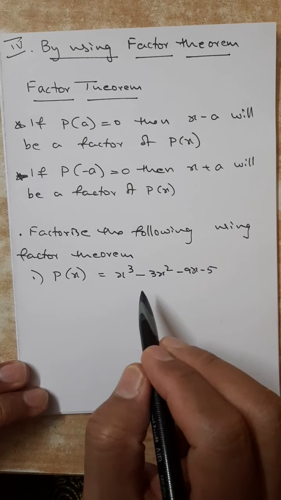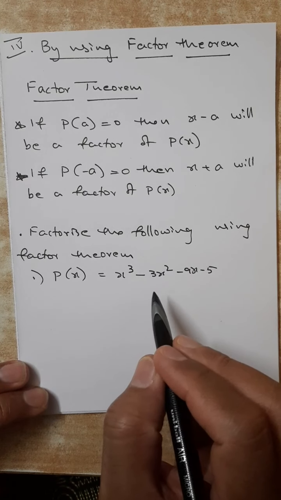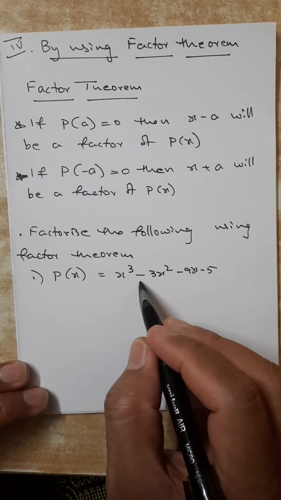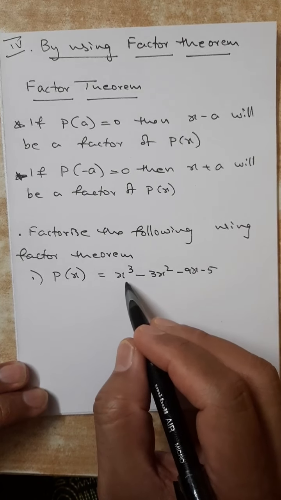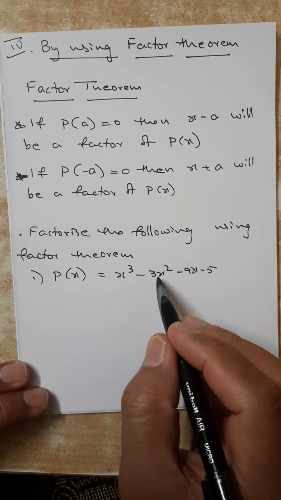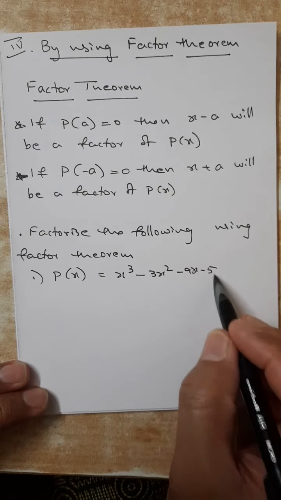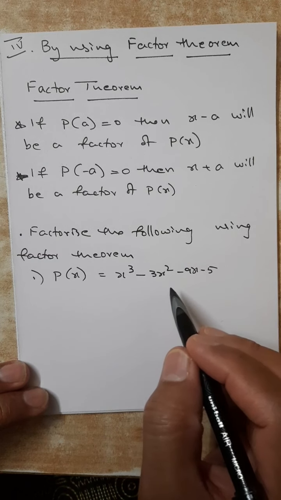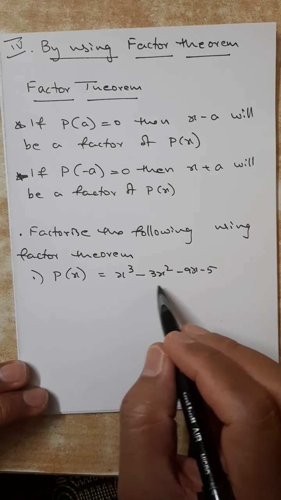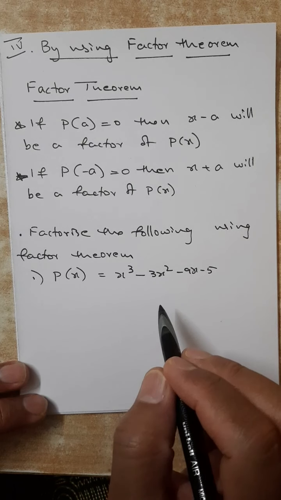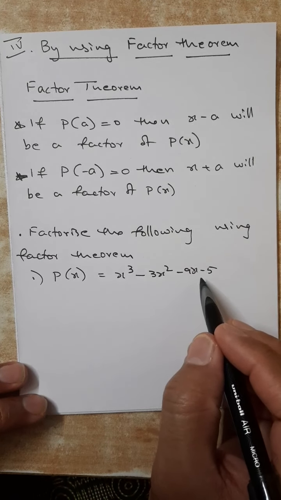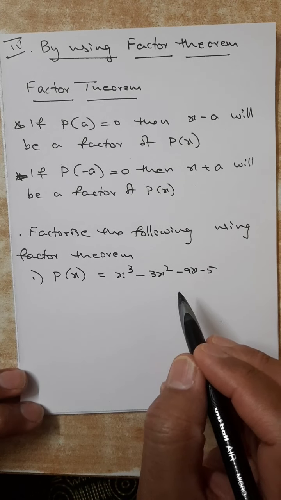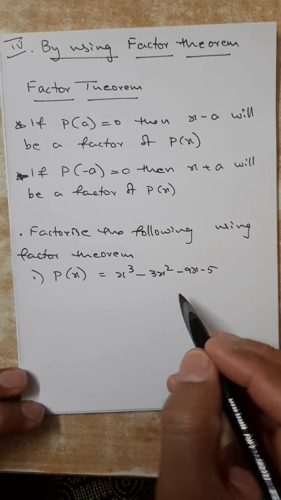If the question is to factorize, what will we do? First we think about a common factor; nothing is common. Then common in groups: x square is common in the first two terms, giving x minus 3, but the balance 9x minus 5 has no connection, so grouping will not work. Third is identity; there is no identity in this style. Splitting the middle term also will not work, because there are 4 terms here, and splitting the middle term needs 3 terms, 2 ends and 1 middle.